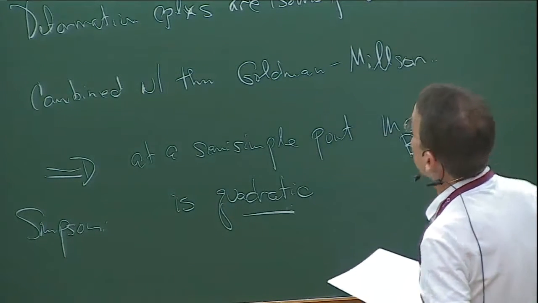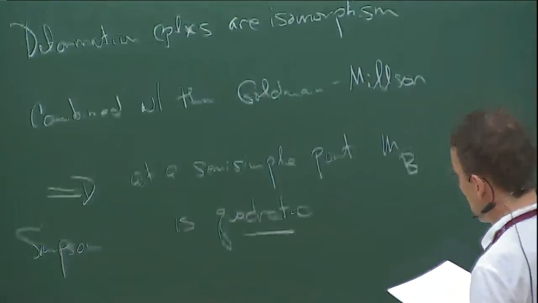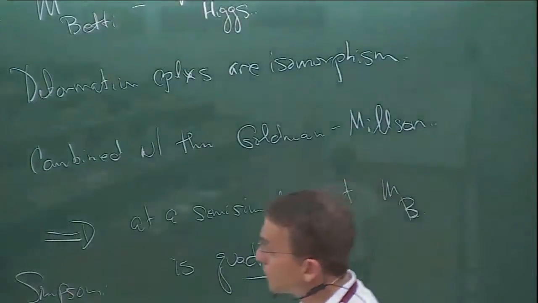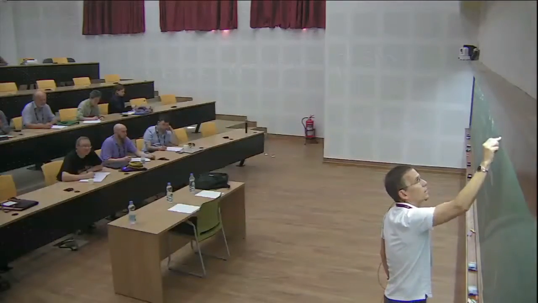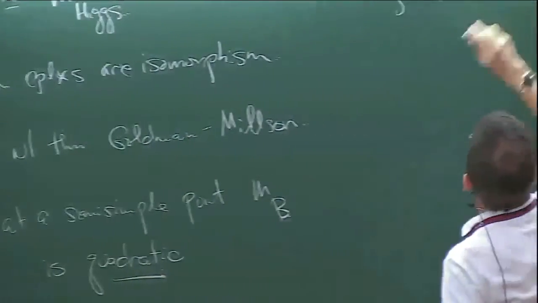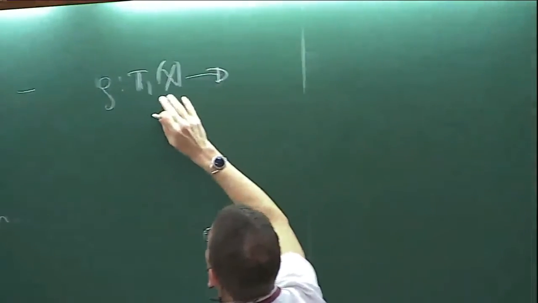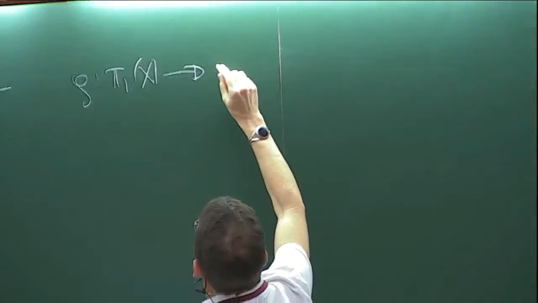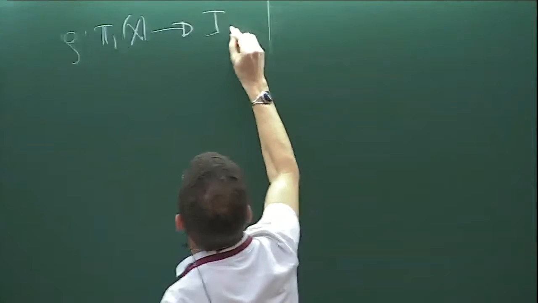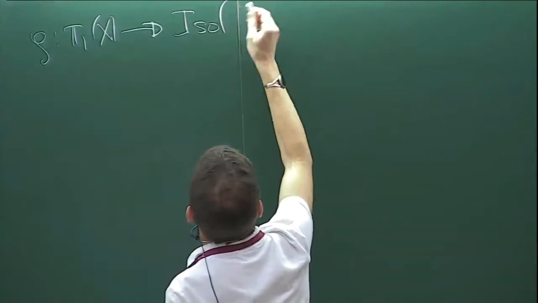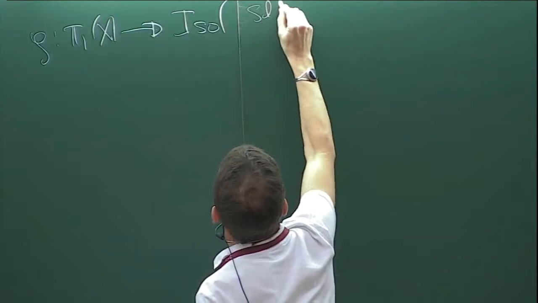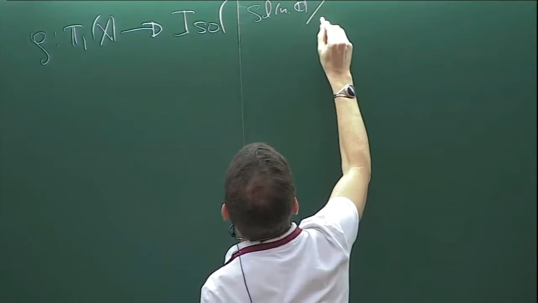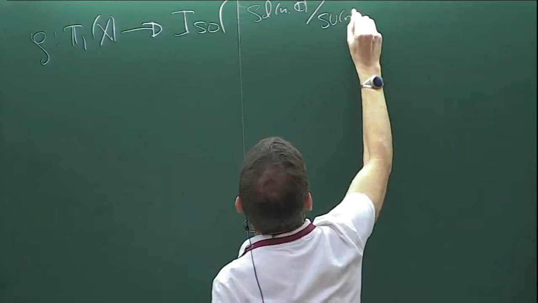Another application to Kaehler groups is the following. So here, the flat connection, as I've said, is essentially the same thing as giving a representation of pi_1 of X into the isometry group of a symmetric space. So in this case, the way I've written it is in the SL_N case.